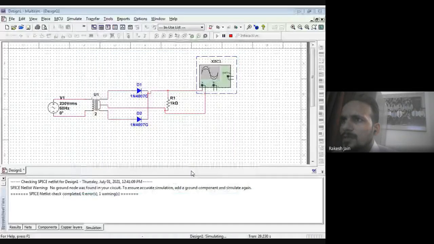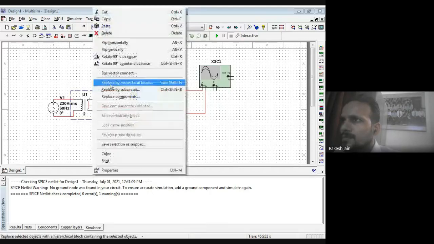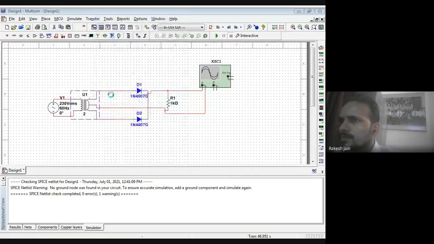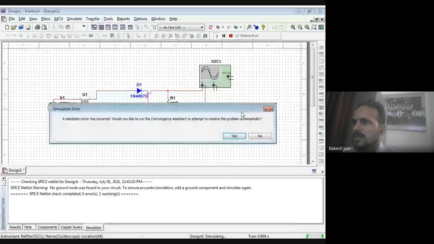Diodes are connected. Okay. Yes. So now check the output.